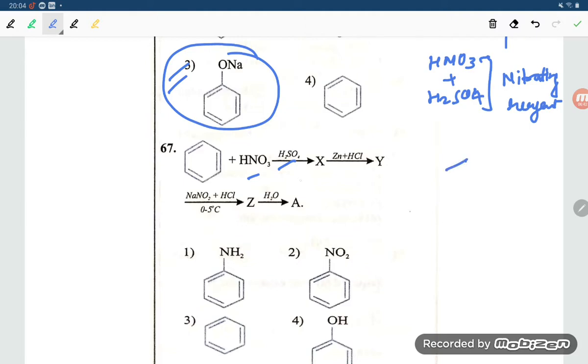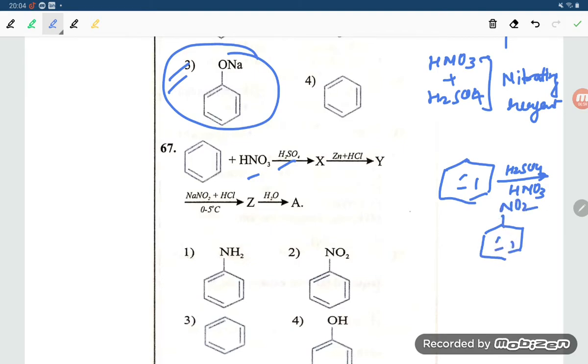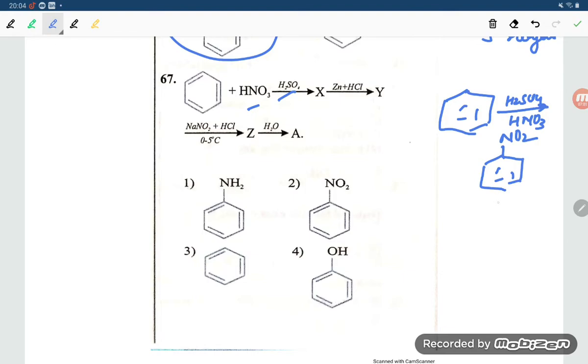So if you talk about the benzene, if you are treating it with the nitrating reagent, H2SO4 is there and HNO3 is there. What compound will it give, students? It will give nitrobenzene, C6H5NO2. If you are treating this with water, here they have given water again, right, students? Nitrobenzene will hydrolyze and give phenol directly.